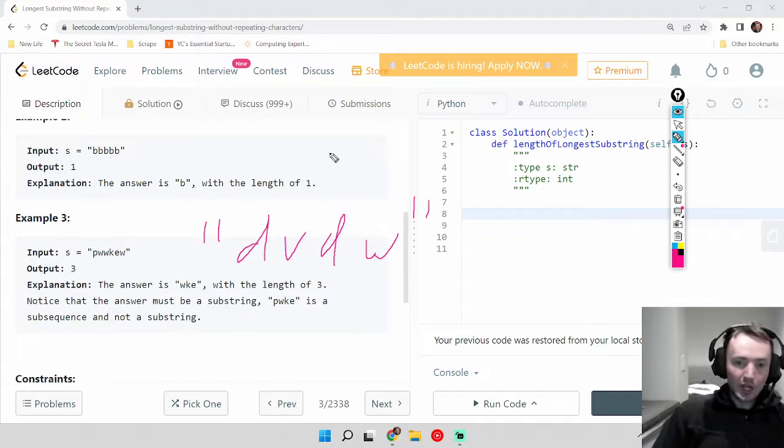The second thing we need to know is some sort of a variable that will store a number, which will be the maximum length of the substrings. There's going to be one or more substrings in the string we're given, and we need to find the maximum. So we have to store the maximum integer value. That's the second thing we need to know, and that won't be included in the hash map. And the third thing we need to know